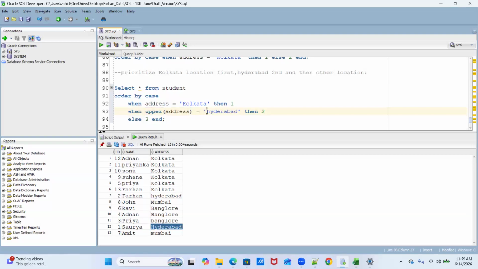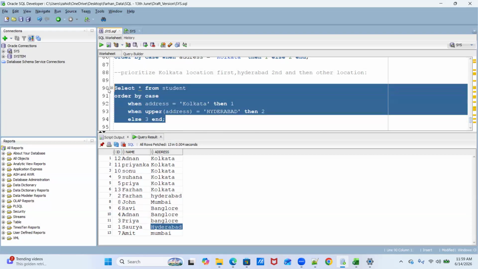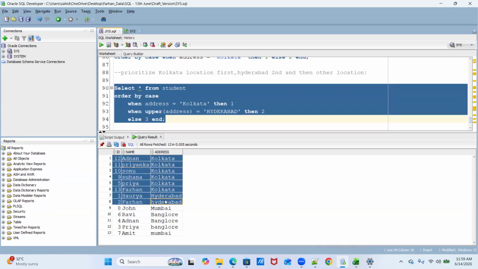Okay. Now, since these concepts I've already explained, I'm going a little faster over here. Now, see, does the data look like whatever we were trying to achieve?